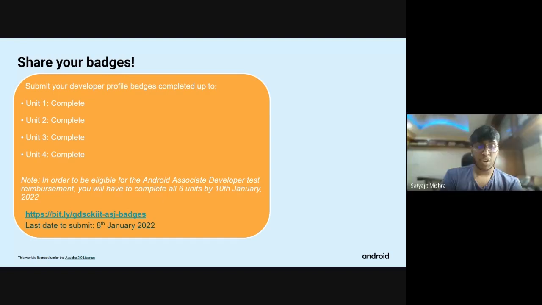Bhaiya, I have completed till pathway 4, which was add a button to an app. After that, the next 5 and 6 are not reflecting on the page. I mean, it's not showing to explore pathways 5 and 6.